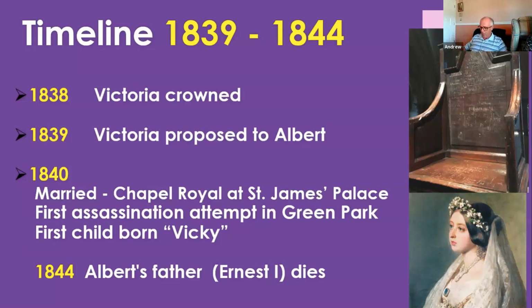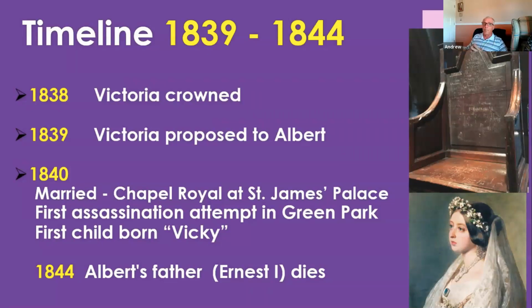Anyway, I digress. So 1838, Victoria is going to be crowned. We're going to have 400,000 people outside to see it, which, if you know the area around Westminster Abbey, they're pretty narrow streets. So imagine getting 400,000 people in to see her, but sure enough, they showed up. And then in 1839,